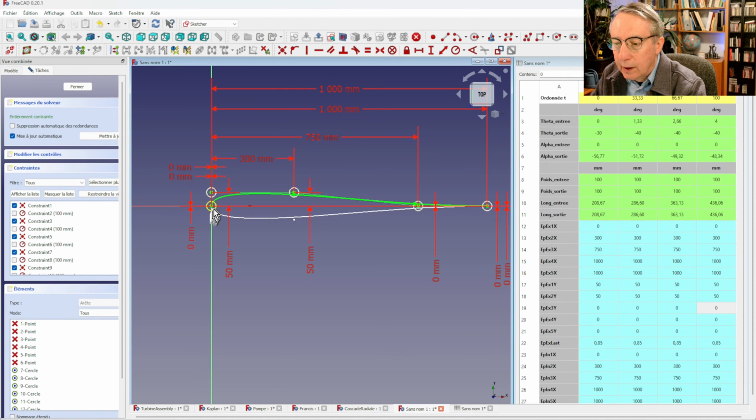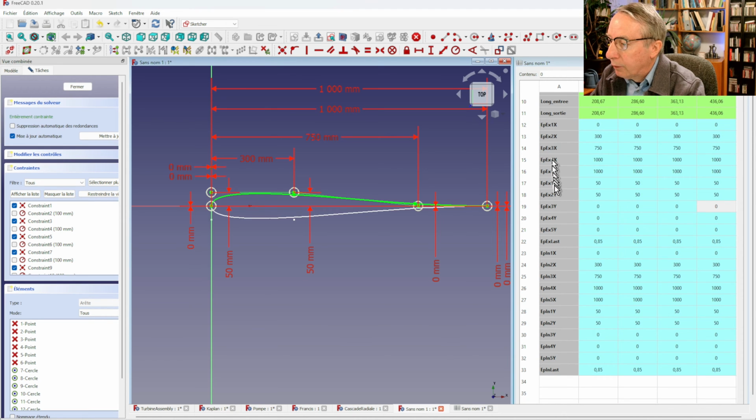The leading edge is at the left and the trailing edge is on the right side. On top we have the suction side. It's not in the sketch, but we see the pressure side of the other fillet. The virtual length of the profile there is 1000. There is 5 poles that control the curve. The first one here, the second, the third, and the fourth and the fifth are at trailing edge for this type of profile. The position of these 5 poles are defined here in the spreadsheet.